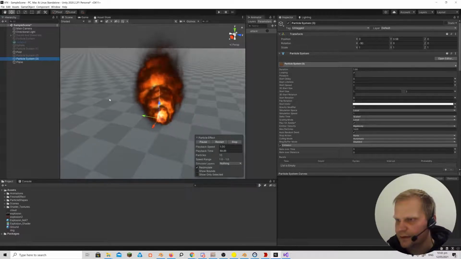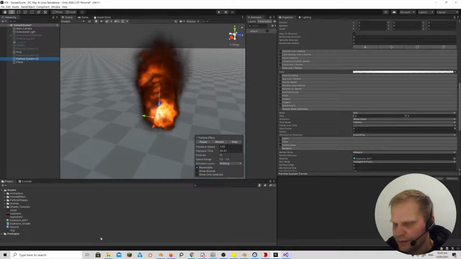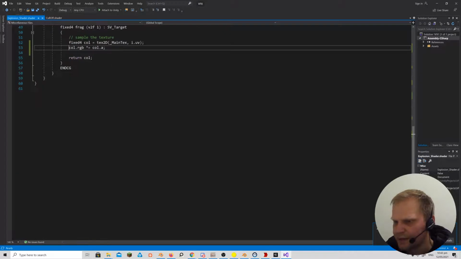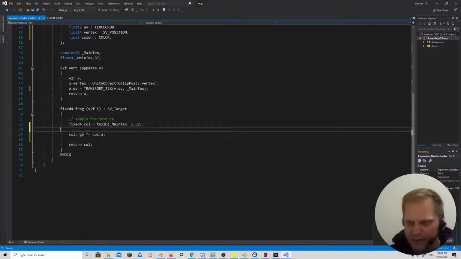So, oh yeah, we're going to use our vertex color here. Let's have a look at this shader now. Instead of just making this a color, we're going to take one of these channels. I think the green channel looked kind of interesting. So we're just going to go col.rgb is equal to col.g